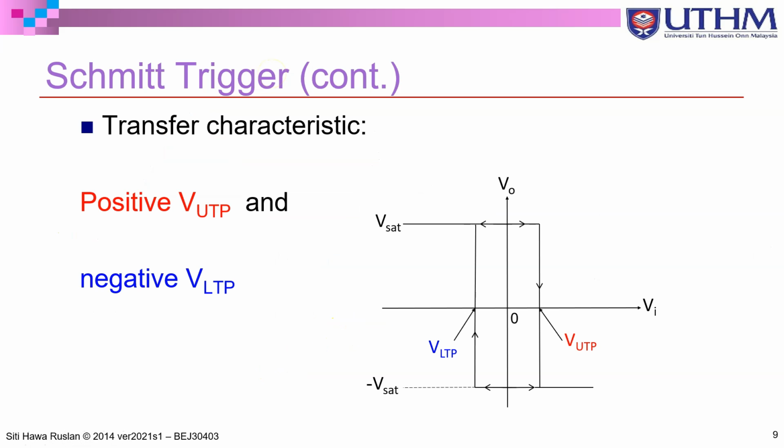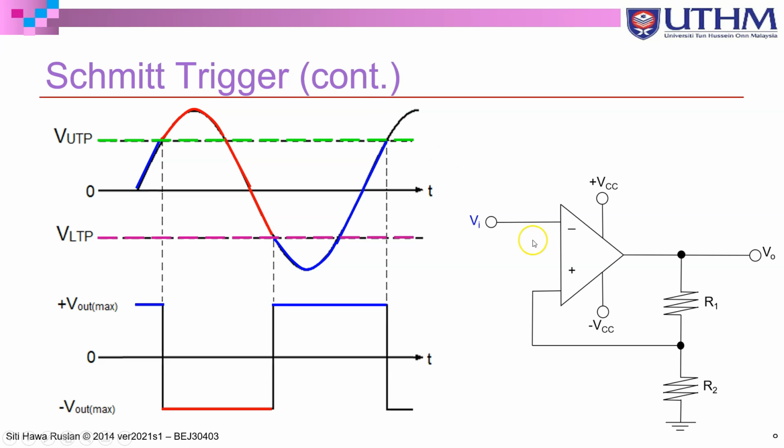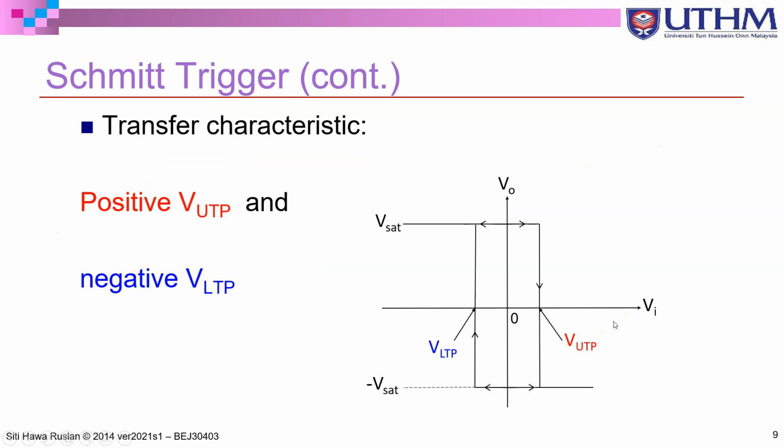And just now, when you look at the upper threshold point and lower threshold point voltage, one is positive and the other one is negative, because V out can be plus VCC or minus VCC. So when we draw the transfer characteristic of the Schmitt trigger, we have a positive upper threshold point voltage and a negative lower threshold point. Your V in is being compared with either the upper threshold or the lower threshold point. The output can be a positive VSAT, positive VO max, or plus VCC, and it could be minus VSAT